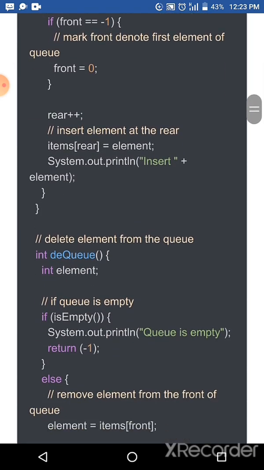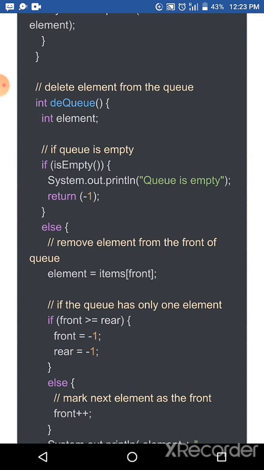Next, the DQ operation. What is the DQ here? DQ is nothing but deleting an element; we have to check whether any element exists. Is it the empty condition? If empty, we cannot delete. If it is not, then we make the front plus plus, and we can remove the element. Suppose you want to delete an element, we have to check the last condition I already discussed. If rear is less than or equal to front, nothing but front is greater than or equal to rear, then we have to initialize the front and rear to -1. So if no elements exist, we cannot delete. So initialize those two ends, front and rear, to -1. If not, we can remove an element.